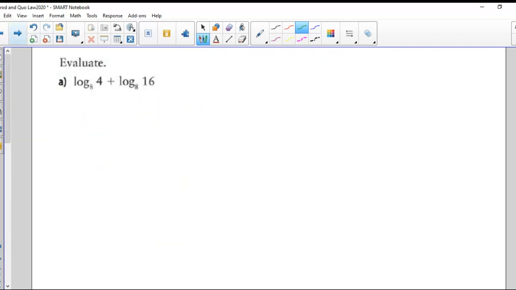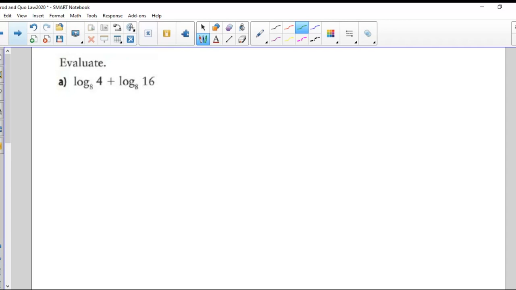Evaluate the log base 8 of 4. Now, this is without a calculator, by the way, folks. We're trying to do this without a calculator. All right? I think I told you before that when my regular day class, when the students are in front of me, I actually give tests and quizzes sometimes where I take away the calculator and I say, hey, you're going to have to do this mentally. I know that sounds cruel, for kids who feel that calculators should be used all the time,